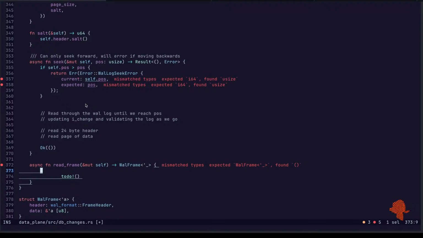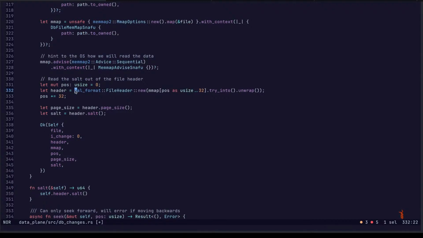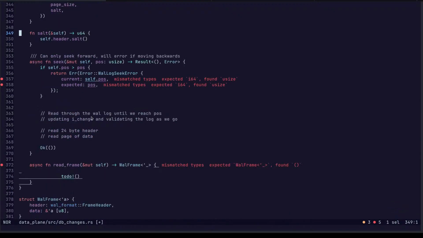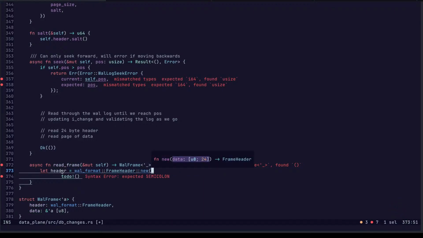We want to read the first 24 bytes into the header. Something like so. Header is going to be equal to wal format frame header new, self the mem map, and this will be